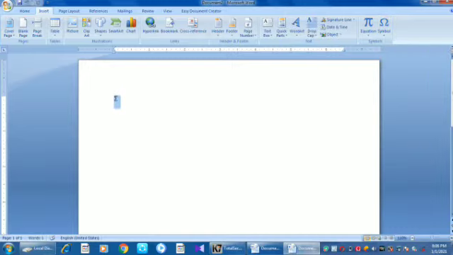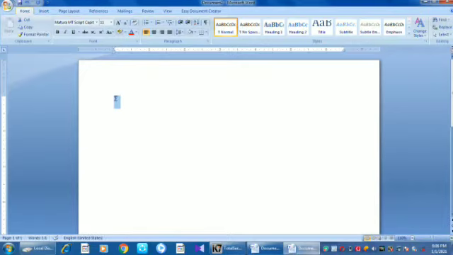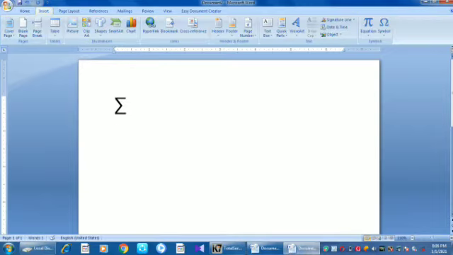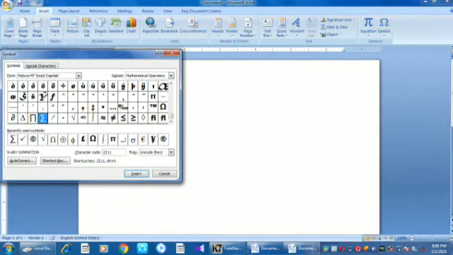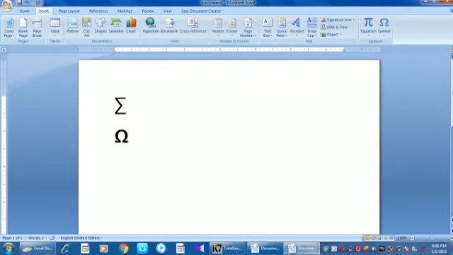Suppose we want to maximize the size means we can click the home tab, then font size button, we can enlarge our symbols. Then suppose we want to add another symbol means first go to the insert tab, under the symbol group. Here more symbol options available. Click means the lot of symbols available here. We can add any symbols. Suppose we want to add the omega symbol means we can select it, then insert, then close the button. The selected symbol will look like this.